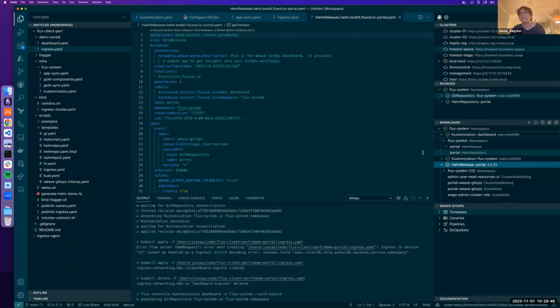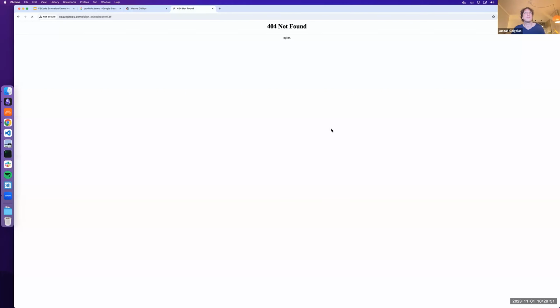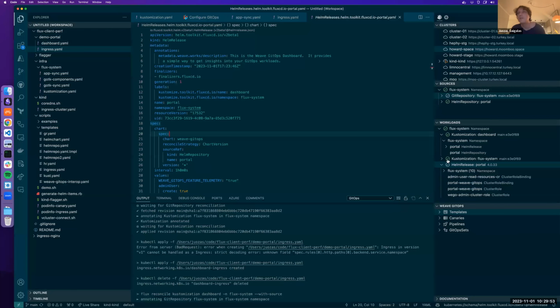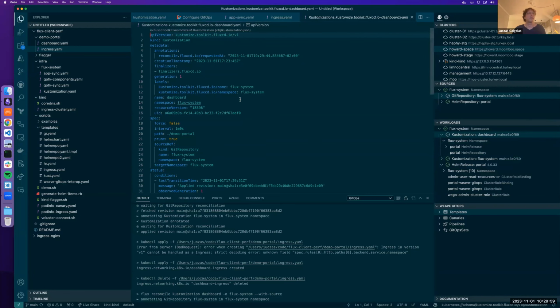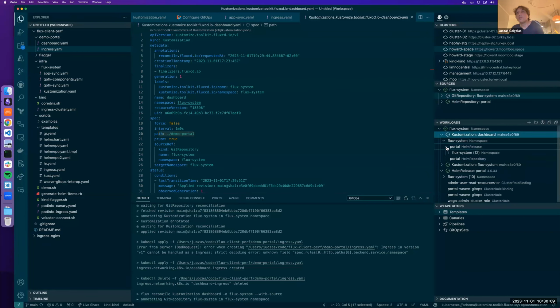Flux system. Let's see if it works. Okay, it worked, but I'm not seeing the resource here because the customization dashboard is really the demo portal. So everything from there should be added. And it has things in Flux namespace, Helm release,